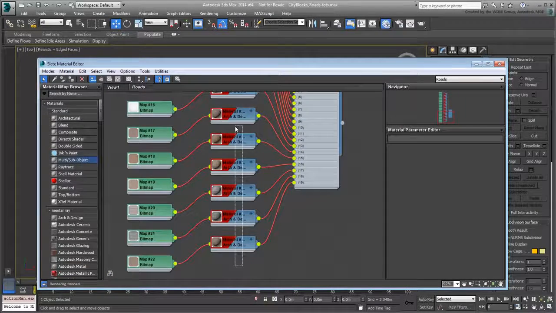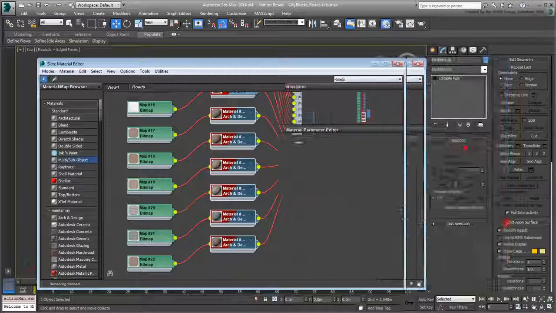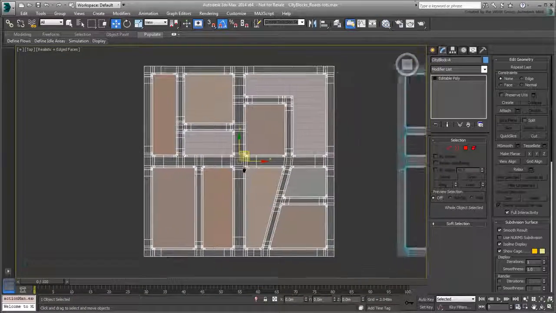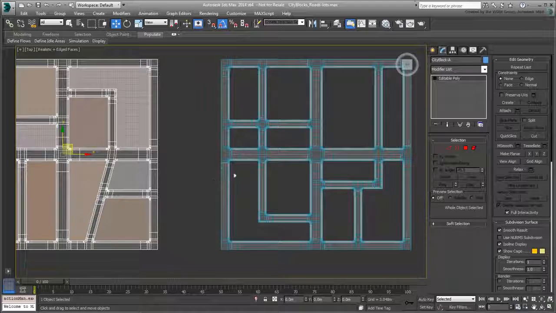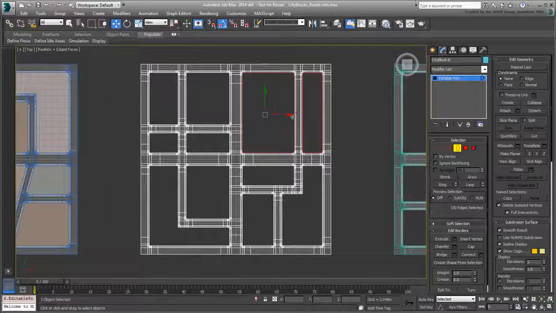The paving materials are now affecting face IDs between 14 and 19 instead of 1 through 6, courtesy of the Attach Match ID tool. This takes care of city block A. For the other two, the procedure is similar, except you've already created the paving stones materials. This means you can extract the shape from selected borders as before,